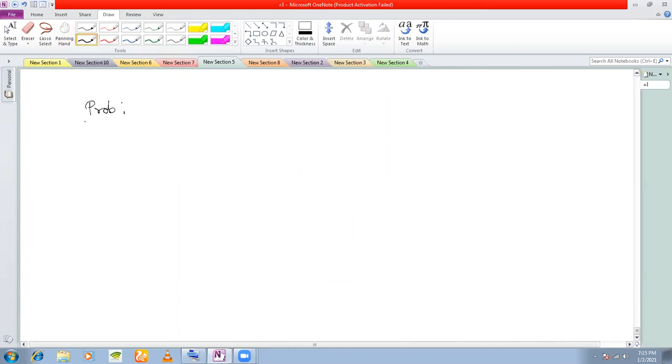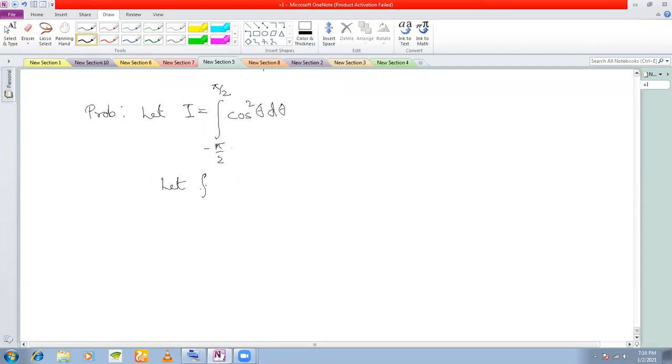Okay, let us take another problem. That is, let I is equal to integral minus pi by 2 to plus pi by 2 cos square theta d theta. Now this is very similar to the first example that I did, except that we had a sine square there. Here we have a cos square. So what I do here is, let us check whether cos square, because I see the limits minus a to plus a. So my first duty will be to check whether the function is an odd or an even function.